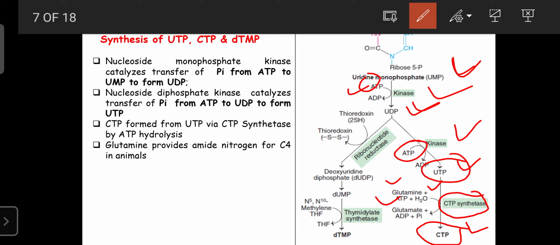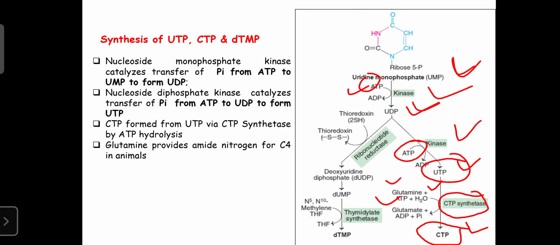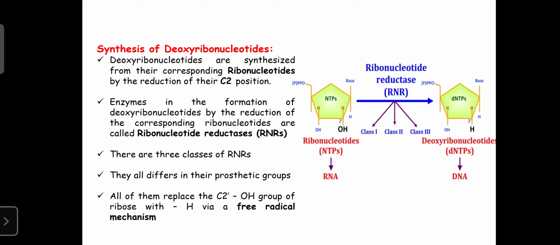So like that UTP and CTP are formed from the uridine monophosphate in the presence of the kinase enzyme as well as synthetase enzymes. And this UTP and CTP are involved in the formation of the base pair in the ribosomes. In the next step, we can study the synthesis of deoxyribonucleotides, because the ribonucleotides are required only for the base formations in the RNA. For DNA base pair, we require the